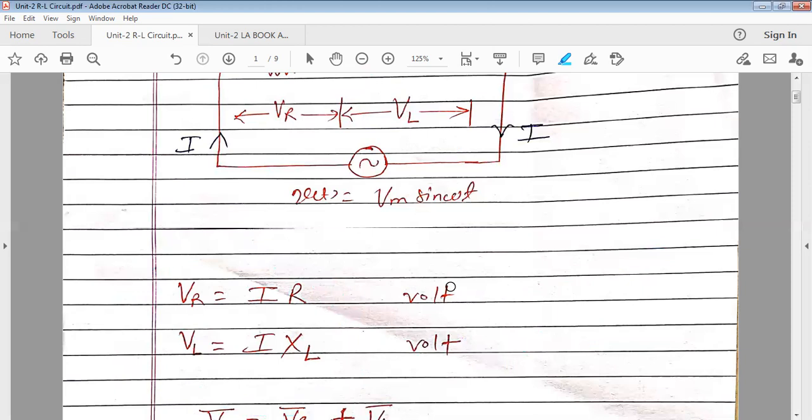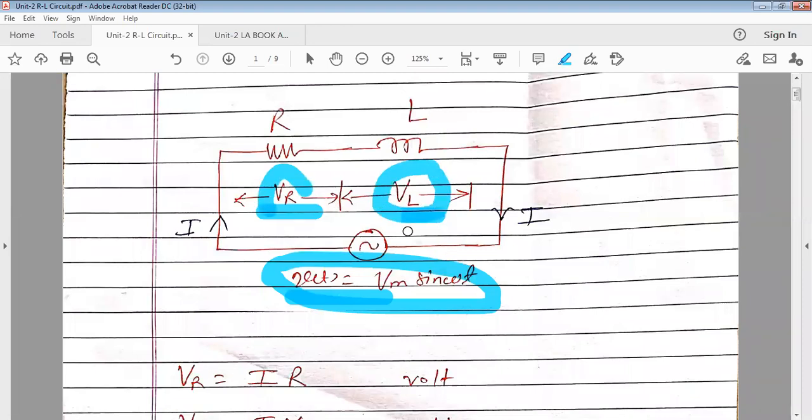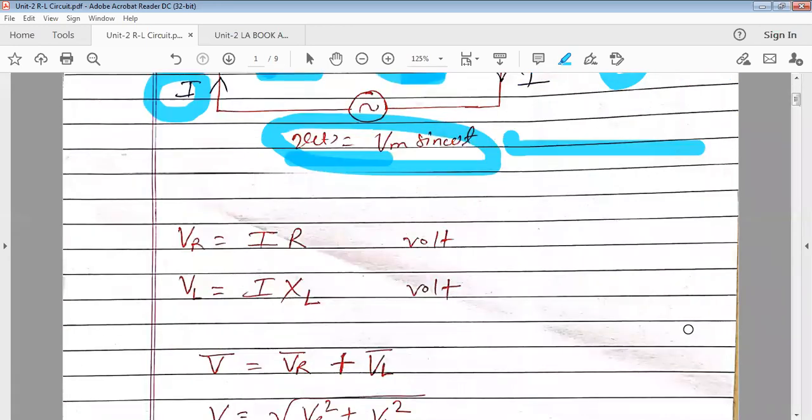Now here VR and VL, its phasor sum is the total voltage, the KVL equation. Now here applied voltage is AC, Vm sin omega t, VR and VL also will be sinusoidal waveforms. Current flowing is also a sinusoidal waveform. Sinusoidal means its magnitude and direction continuously change with respect to time. So whatever this instantaneous voltage equation, we can write it in polar form, isn't it? Like this is the KVL equation. Phasor sum of VR and VL is V.